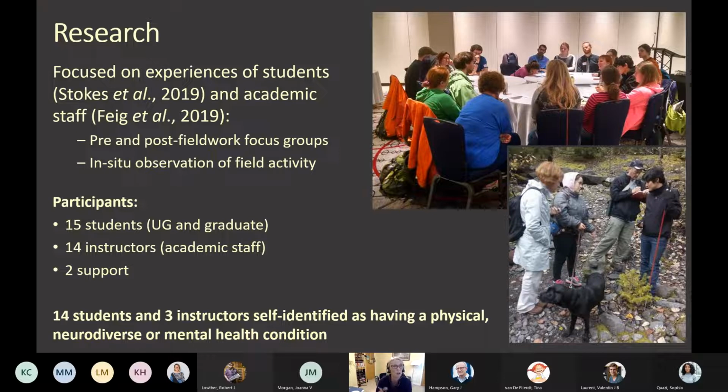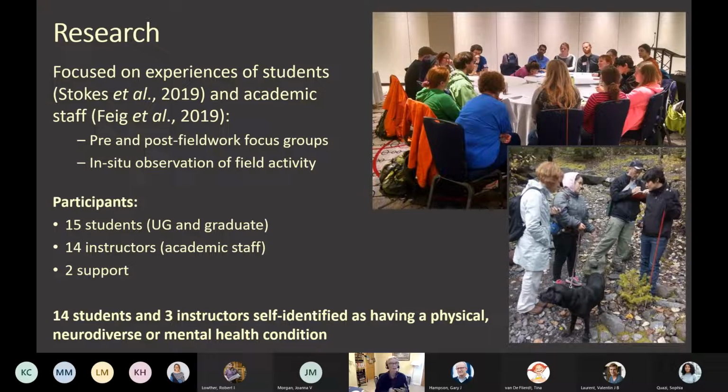So we had focus groups and we had in situ observations. In terms of the participants, we had 15 students. So this was a mix of undergrad and postgrad. 14 of those students at the beginning of the field trip self-identified as having either a physical, a neurodiverse or